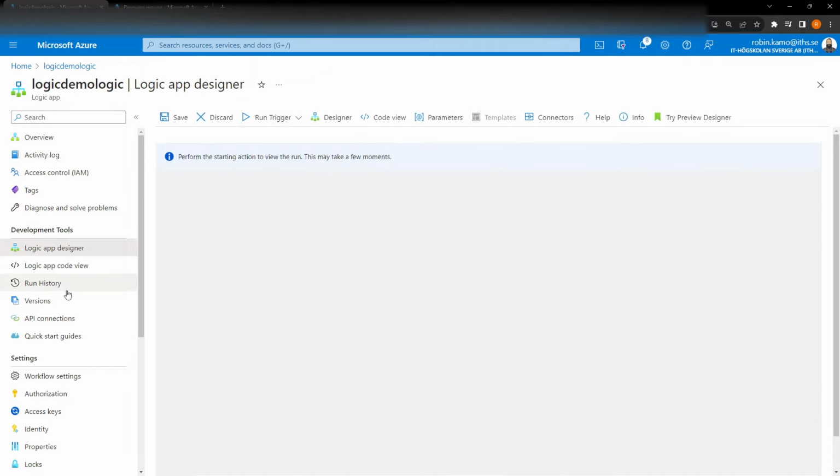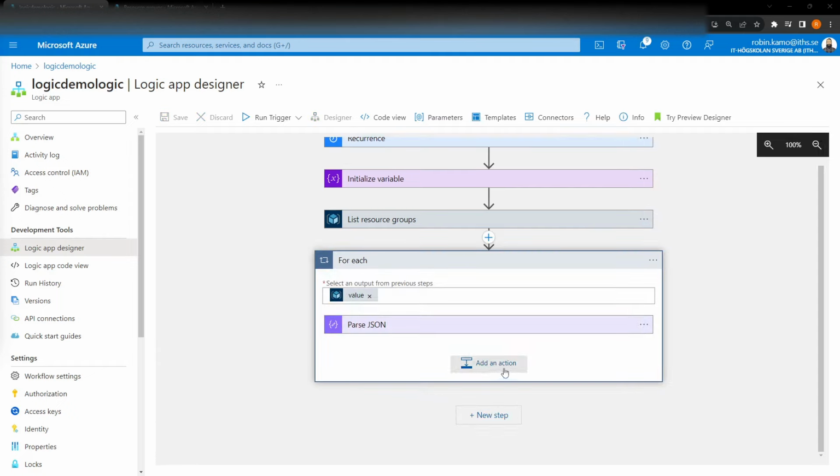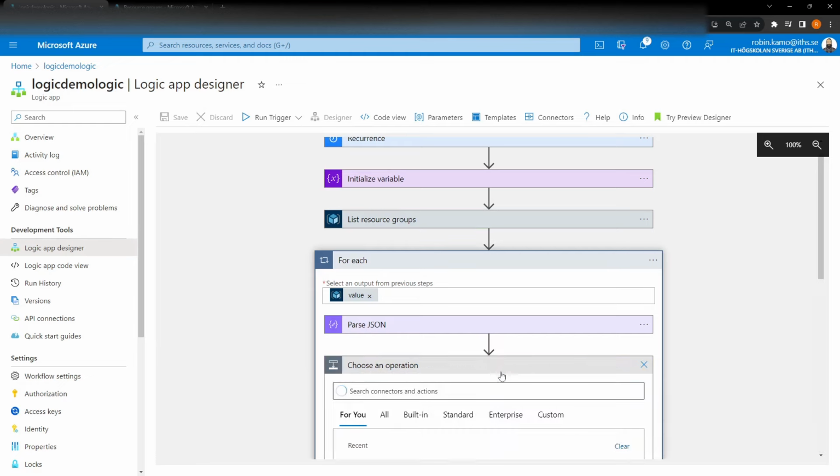Run. Did I not press save? It seems like it went away. Let's go back and check. It seems I forgot to save, so I need to do this again. But why not? It's good to practice. So we're gonna add